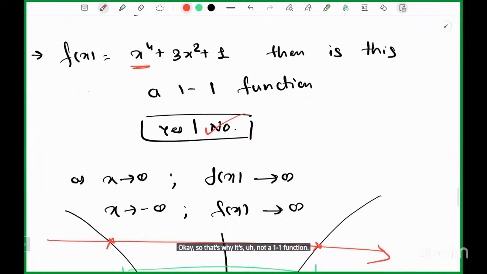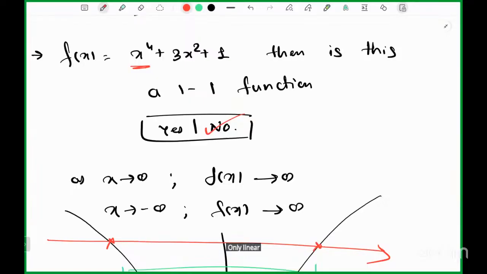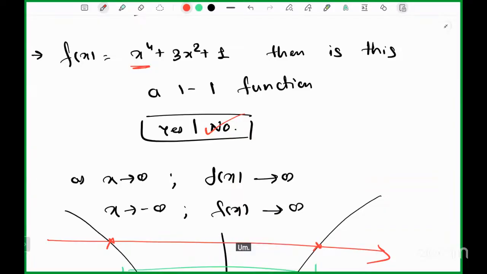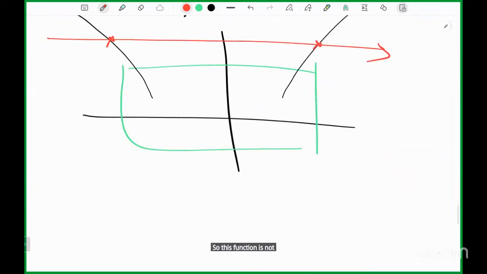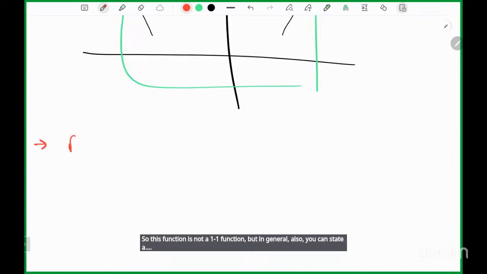So from this, can you figure out one thing? Only linear functions are 1-1. Yeah, linear functions are always 1-1, but you cannot use the word only, right? There are several functions which are 1-1 other than linear functions too. For example, f of x equals x cube is a 1-1 function, right? So this function is not a 1-1 function, but in general you can state a general statement that every even polynomial,